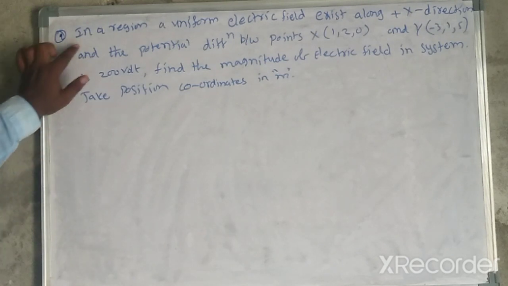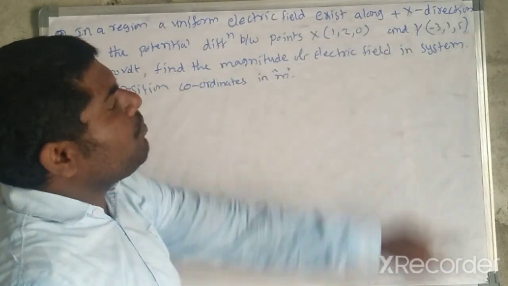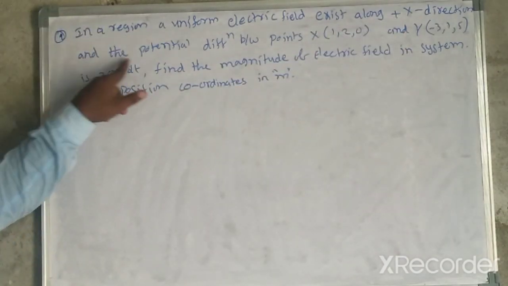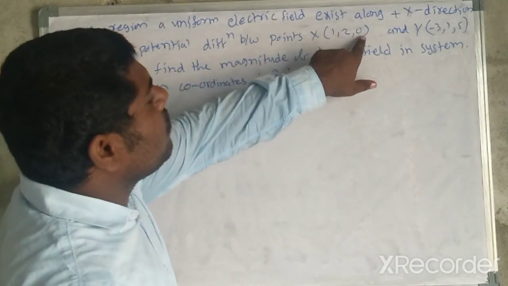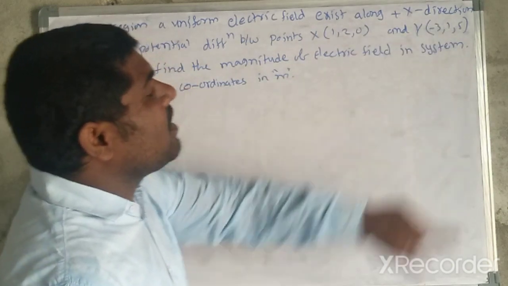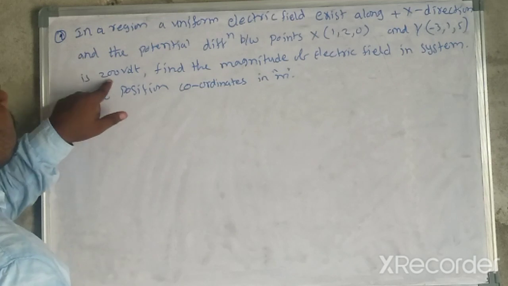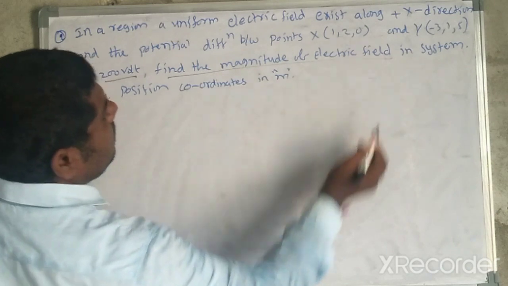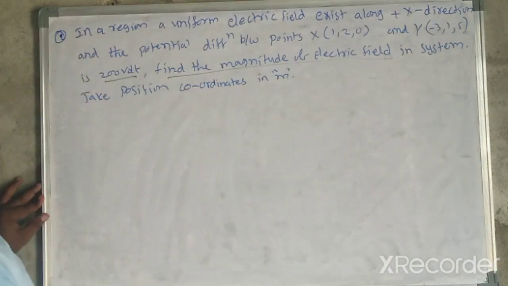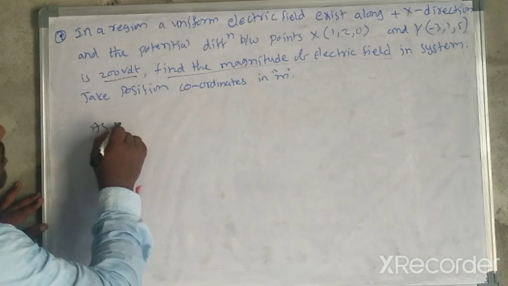Another model: in a region, a uniform electric field exists along the positive x direction, and the potential difference between points (1, 2, 0) and (minus 3, 1, 5) is 200 volt. Find the magnitude of the electric field in the system. Take position coordinates in meters. Solution: